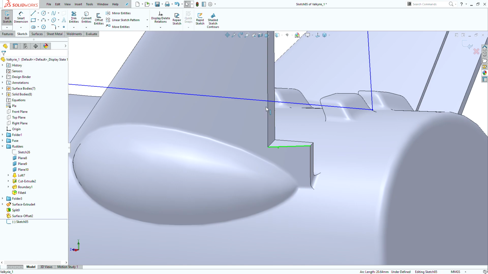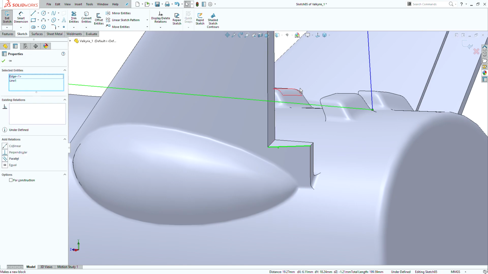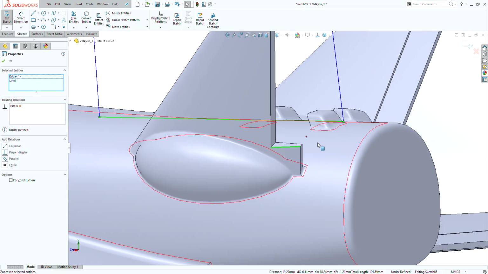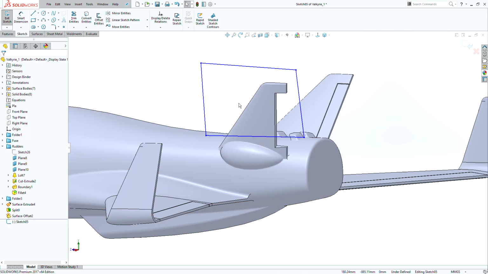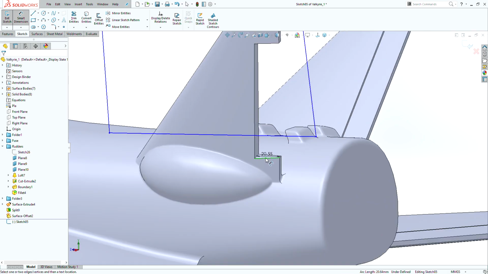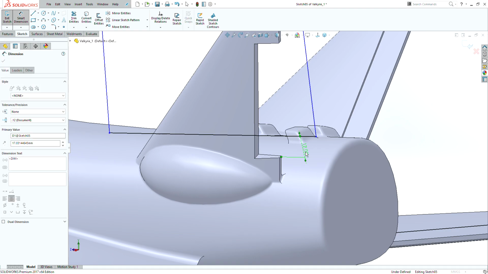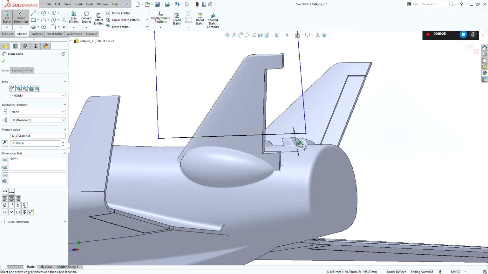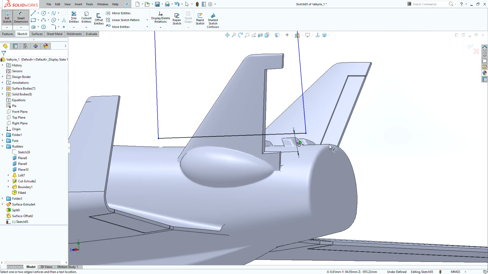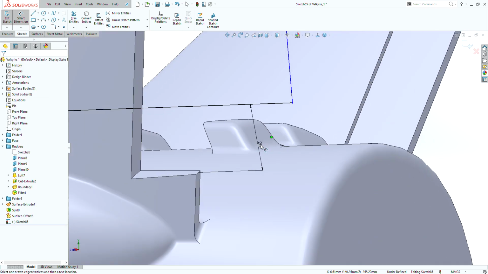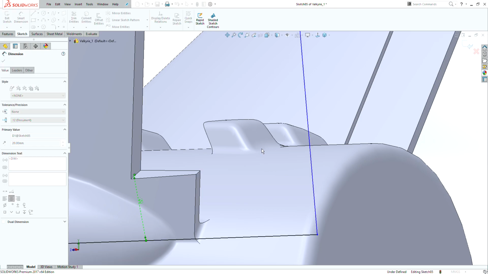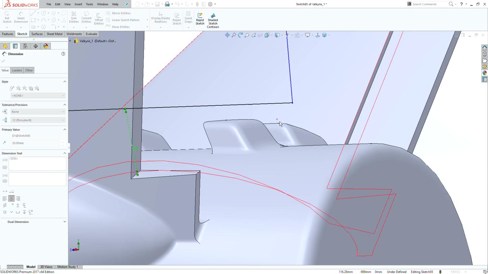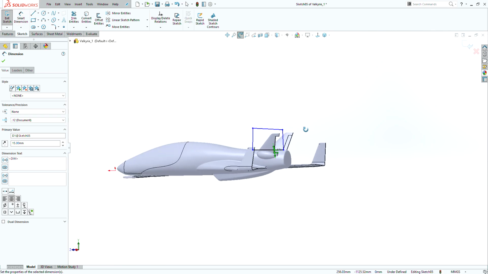Make that edge and that parallel, and give it a dimension. So right click, dimension, make it 15,